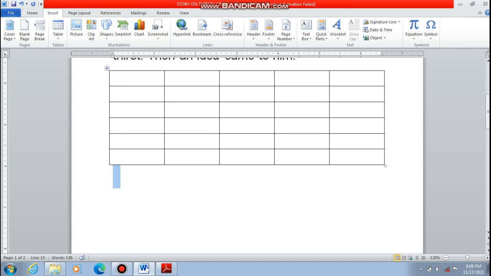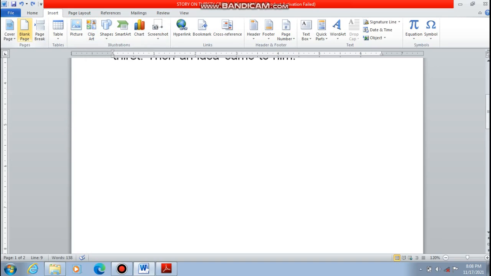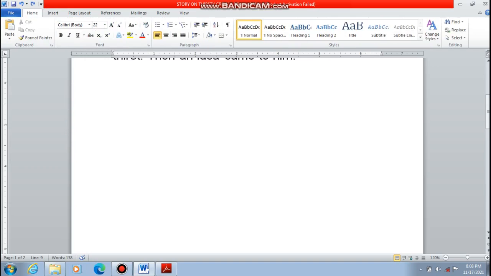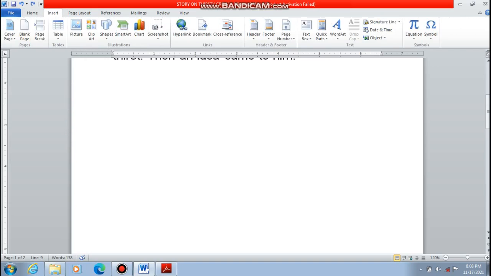Next, again, how you can insert a table. First again I'm showing you, go to the insert option in your MS Word window. Then go to table. This is the option available just below the insert tab.